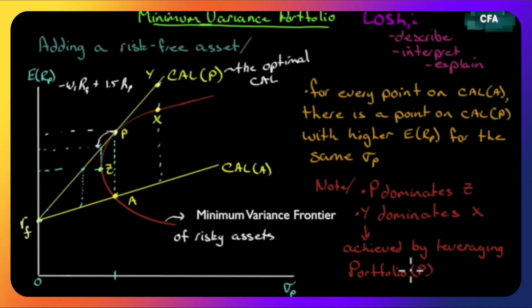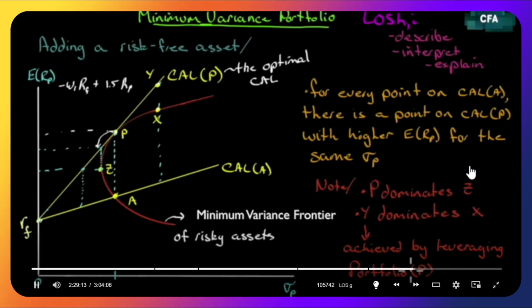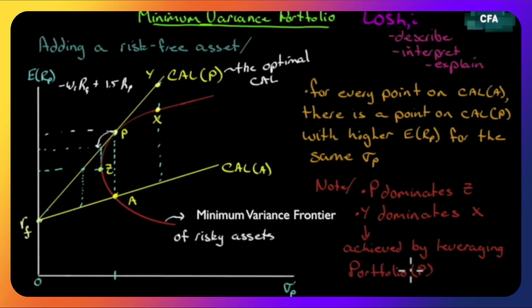Now, LOS G and LOS H, we're not done. We still have one more point to do on LOS H to show where we would actually finally end up. But LOS G and LOS H is really just introducing some of the terminology and some of the structure on which we will delve deeper in the next reading. So it's not too important to understand the mathematics of this yet. We'll look at it later. I just want you to understand the logic behind this: what are we doing, so that there's no confusion about how these lines were developed and what they mean.